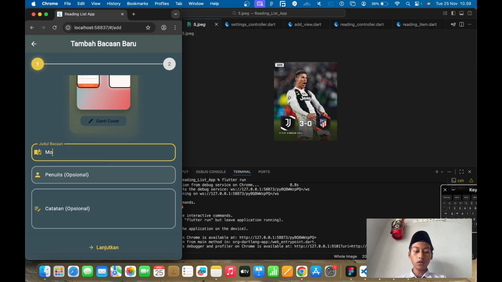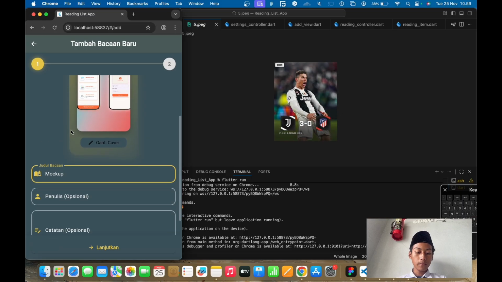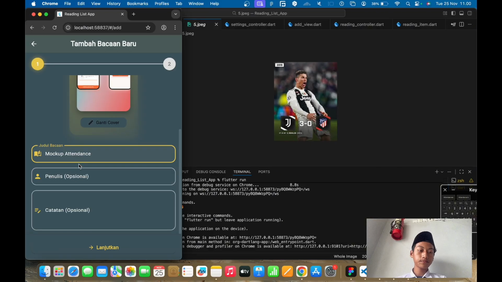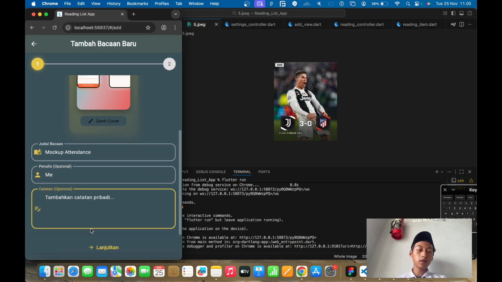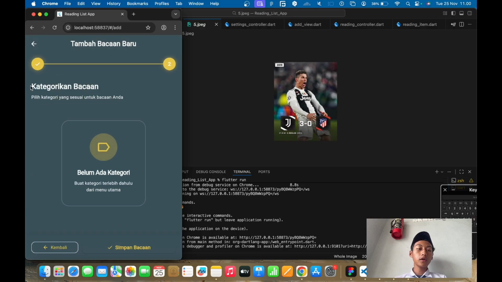I use mock-up, mock-up add tendance. And then the author is optional. You can use me or others, and the notes are optional also. Okay, next, and then you can use a category of the book.